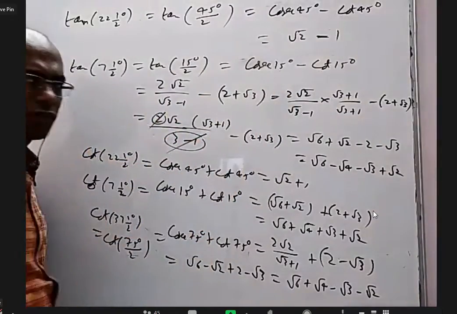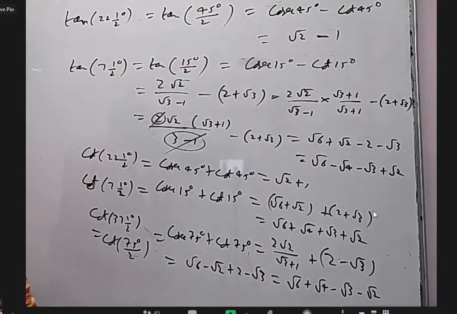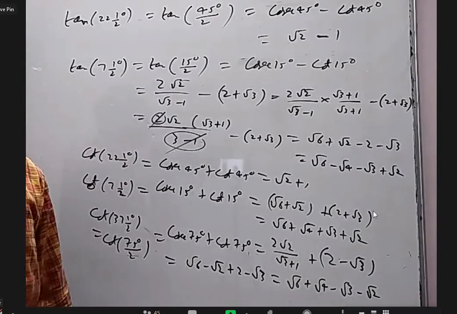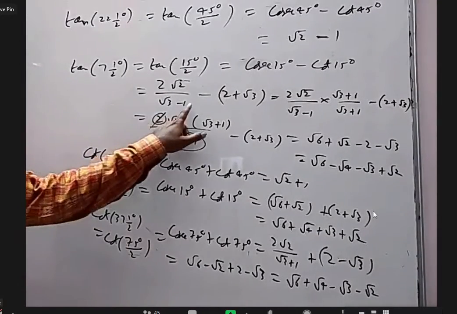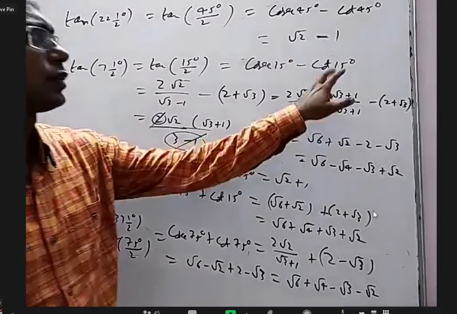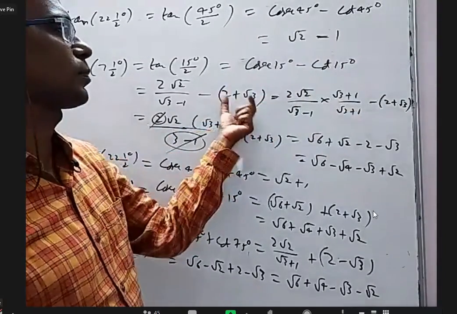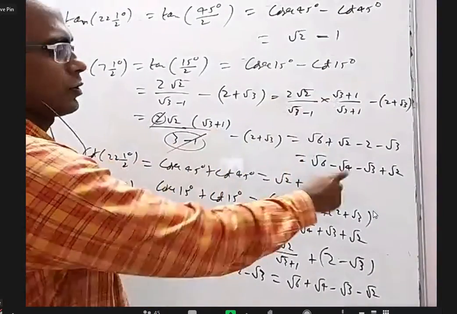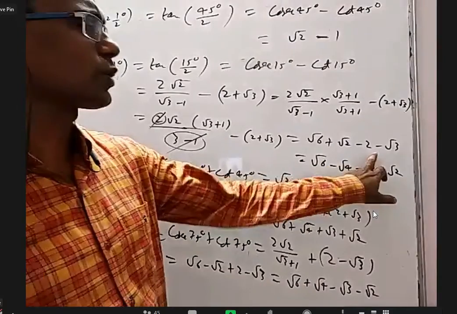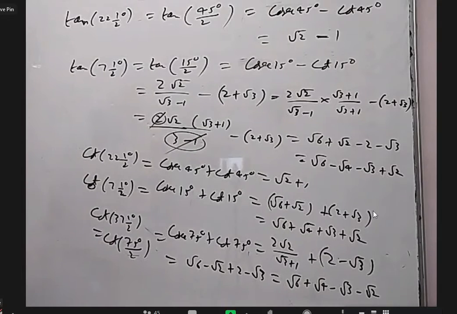How will you find cosecant 15? Sin 15 is root 3 minus 1 by 2 root 2. You are supposed to remember that. We derived it in compound angles as 45 minus 30. Now rationalize it, multiplying by root 3 plus 1. And cot 15, which is the same as tan 75 (90 minus 15), we are supposed to remember as 2 plus root 3. Rationalize and simplify to get finally this. I wrote this 2 as root 4 just so that it looks nice. That's all.